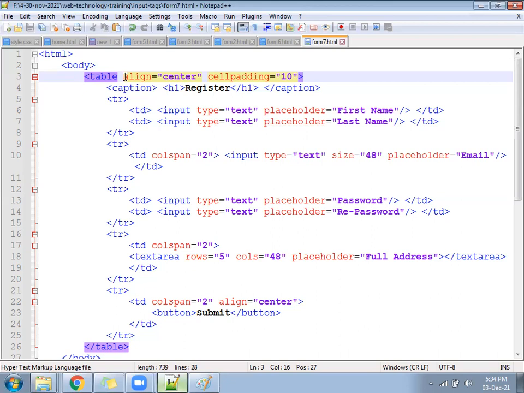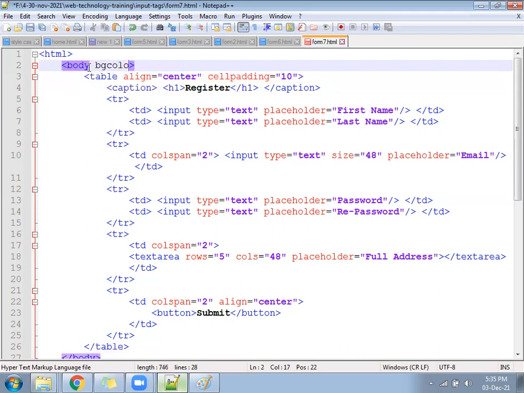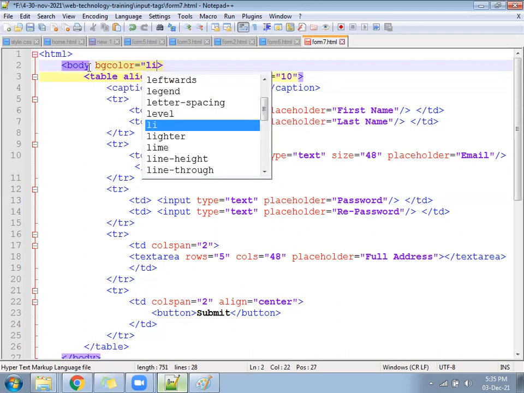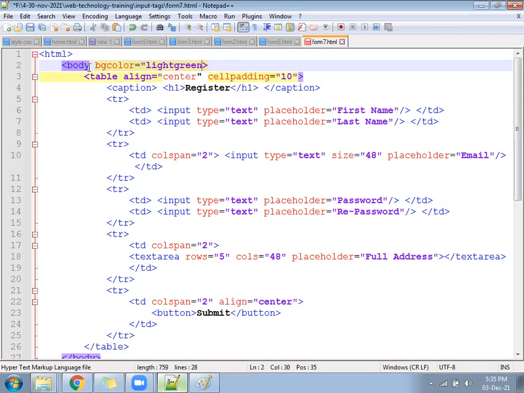Remember the BG color equal to, suppose I follow here light green for body, and for table BG color something else, a sky blue.